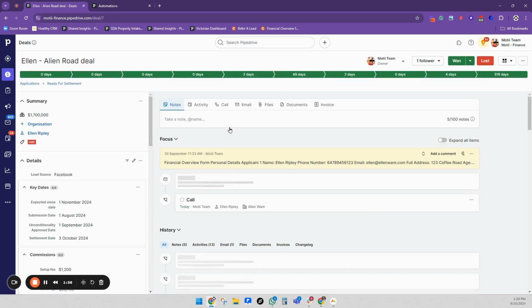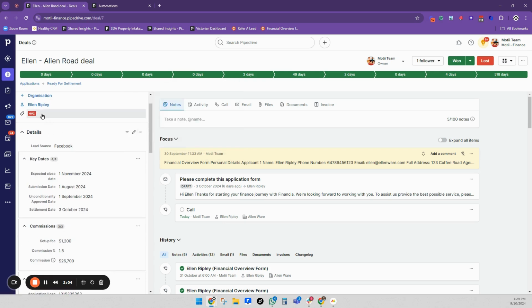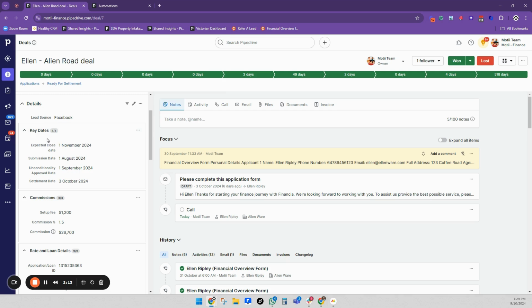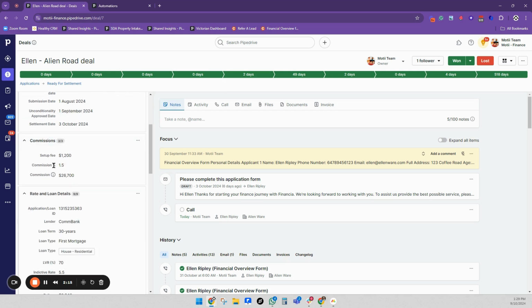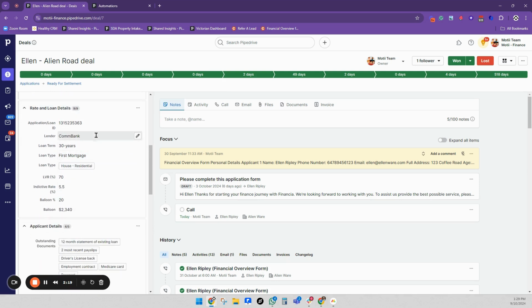When we come into this deal, you can see on here we have some summary information. So the deal value, we have the deal person, we have the label. This particular label says HVC. We're going to add that it's mortgage finance in this case. We have our lead source. Then as we come down, we've got some key date fields, some automatically calculating commission fields,